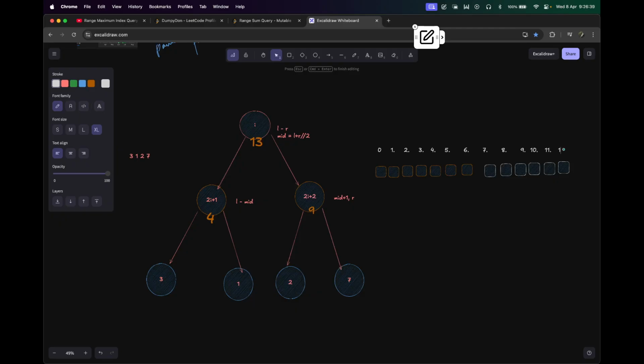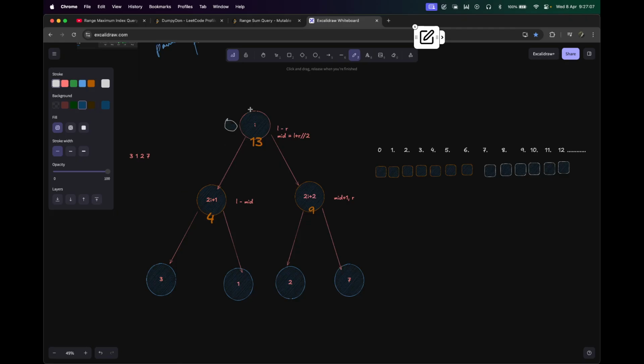This one would be 9. This one would be 10. Let's take 11. Let's take 12. And similarly, it will keep on going. So here the summation would be. So we will fill up with the base case. So the index of this would be